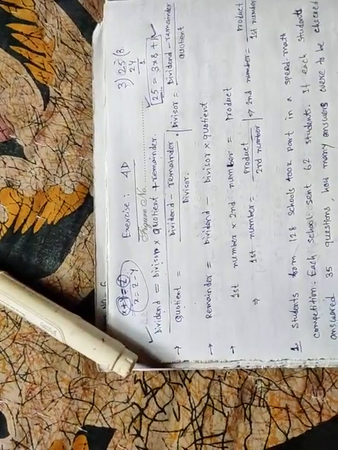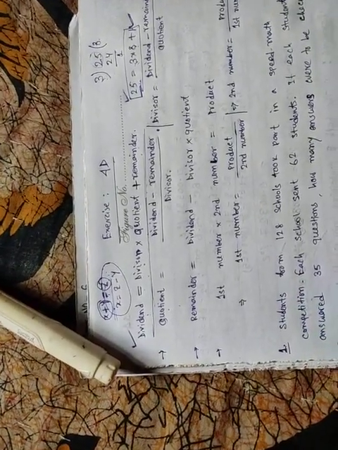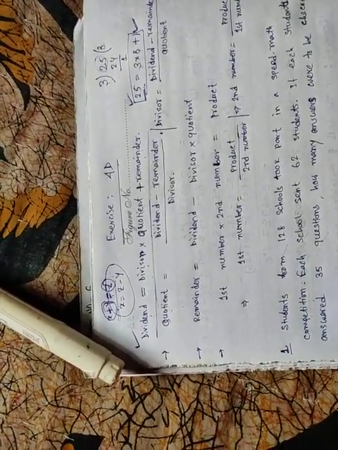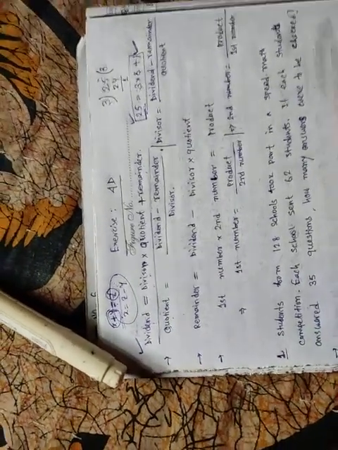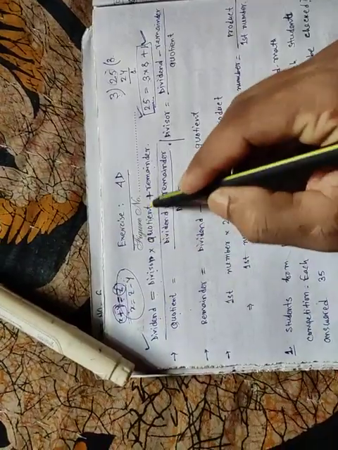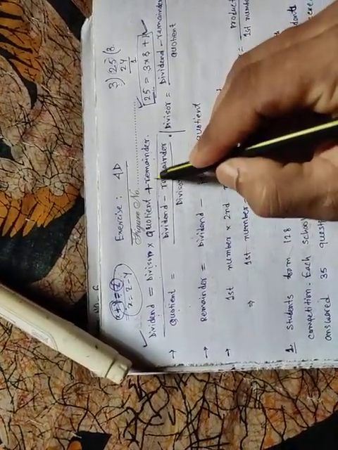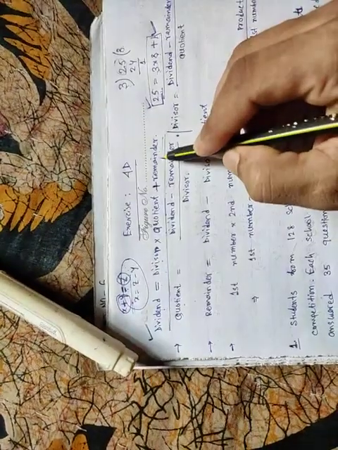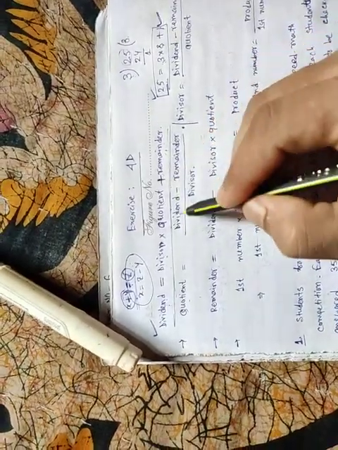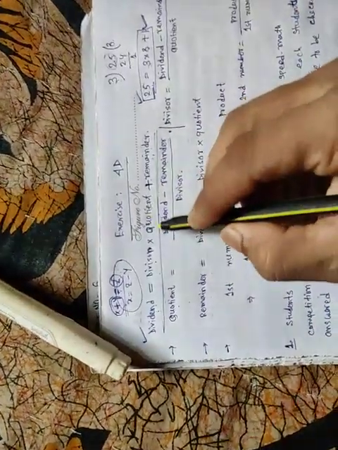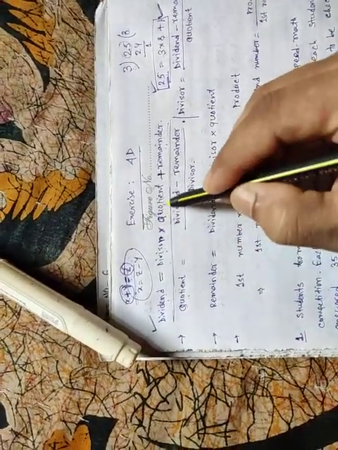If there is a multiplier, then it will be division. Multiplication will become division, and if there is division, then that will be multiplication. So we want to find quotient. For that I have to change the position of remainder first. If remainder comes to the left side, then it will become negative because on this side it is positive. So dividend minus remainder.